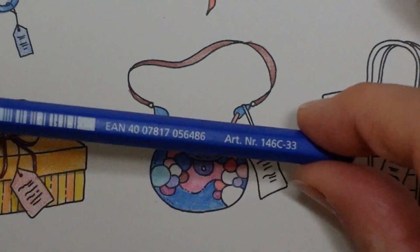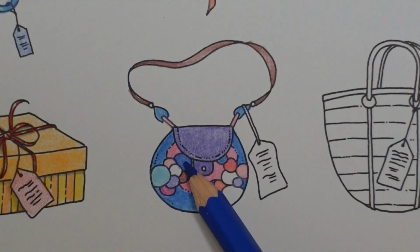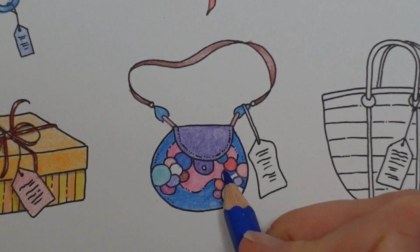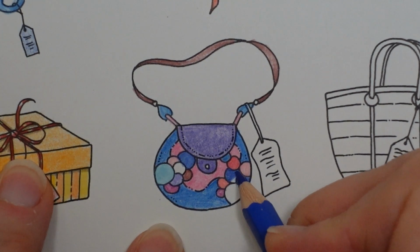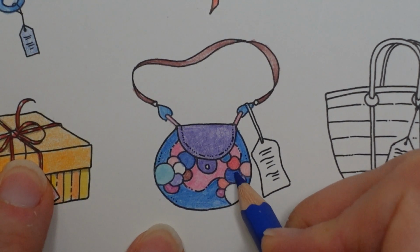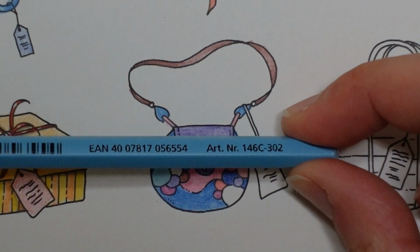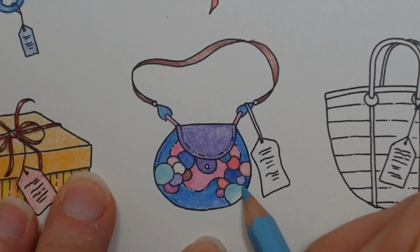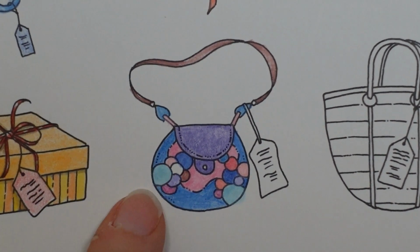We have 33, our cobalt blue. I think that's it there. So I'm going to use it in here. Need to hold the page still. It's going wibble wobble. I can hear lots of noise next door. I'm going to use the pastel blue 302 for this big piece here. And in there,